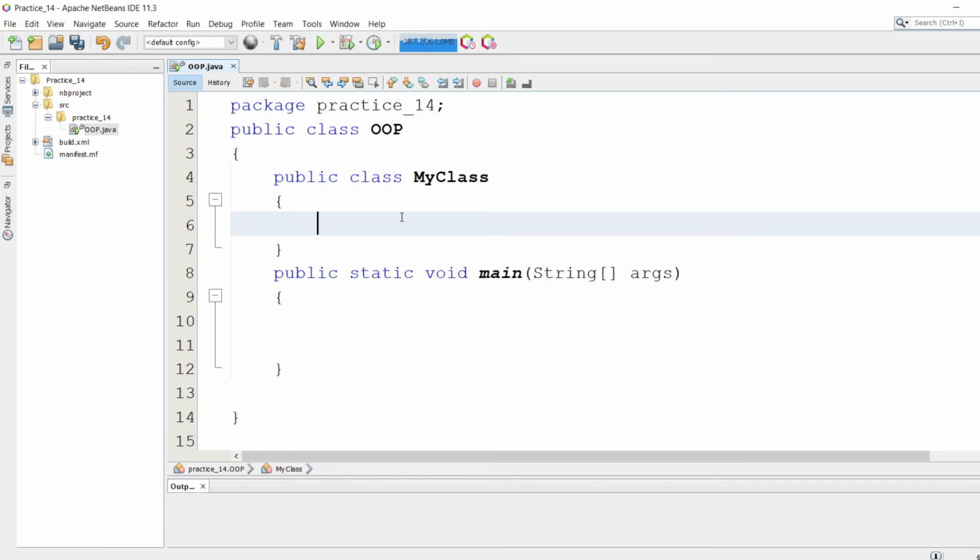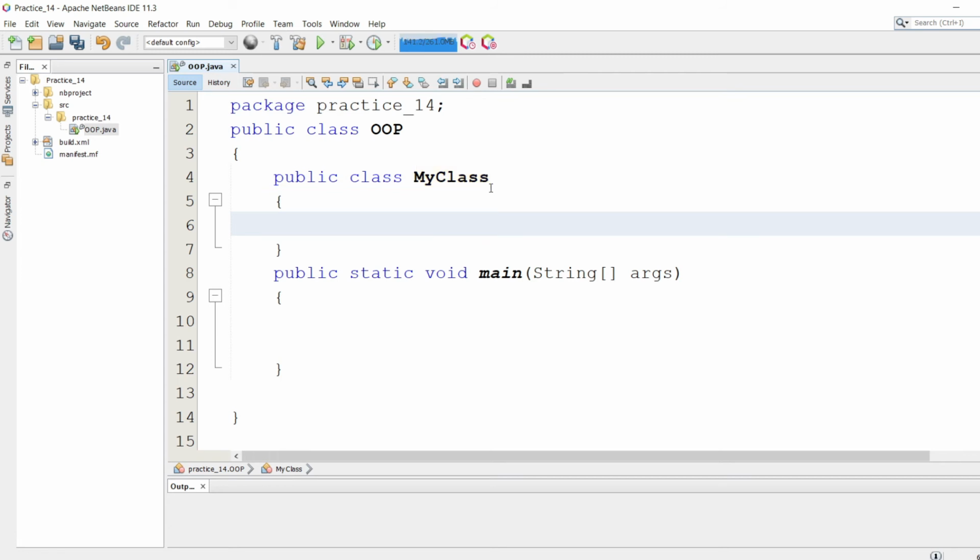Whenever you create a class, the name is going to be in proper case, that is, the first letter of the class name should be capital, and whenever you start another word, the first letter of that word is also capital. This is the general convention of Java to define a class.